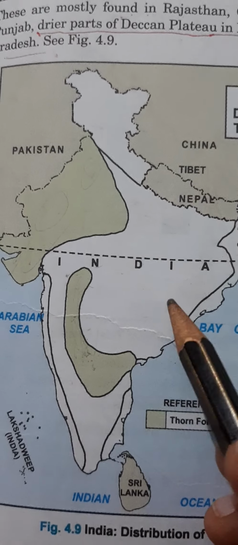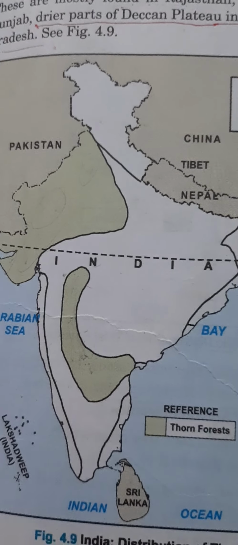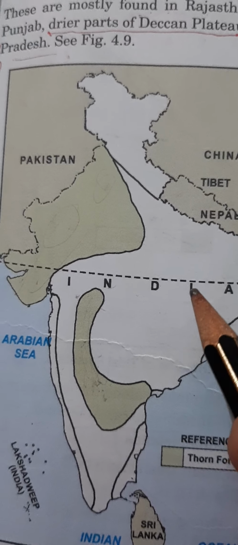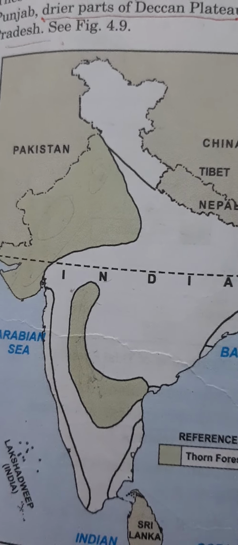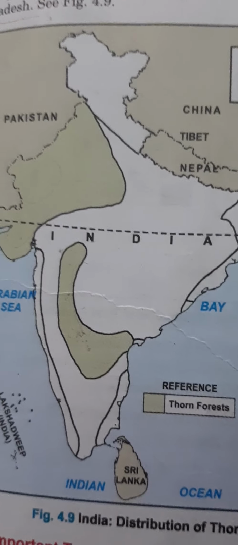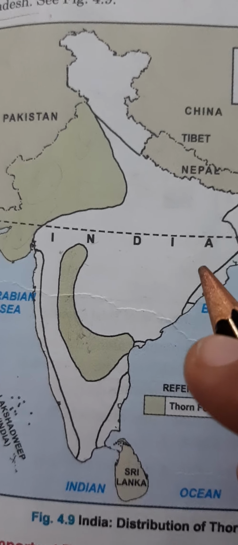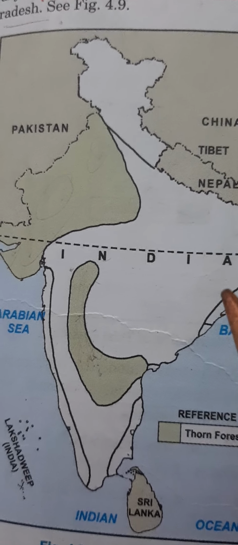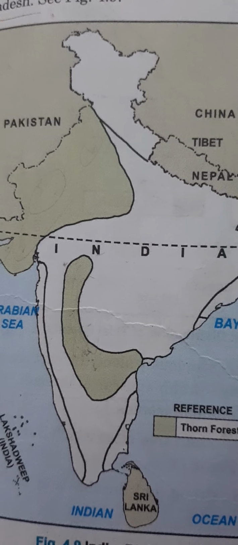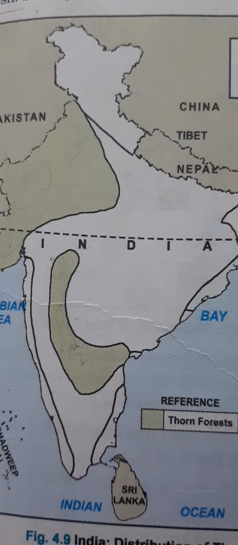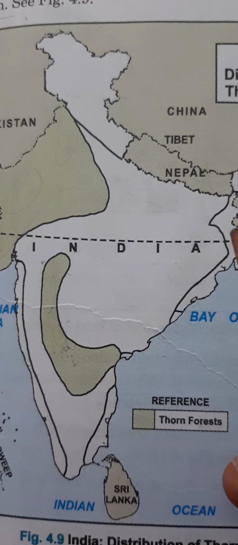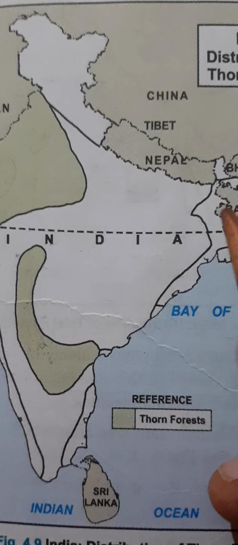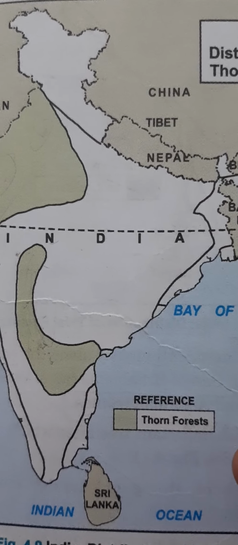Their characteristics are already clear: they are widely spaced. The trees, shrubs and bushes found there are scattered all over the place, not very compact. Trees are short, not more than 6 to 10 meter tall. Their roots are very long, which can tap water from the greater depth. Fleshy stems can also store water, which helps them survive during the dry season. Sharp spines protect them from animals.